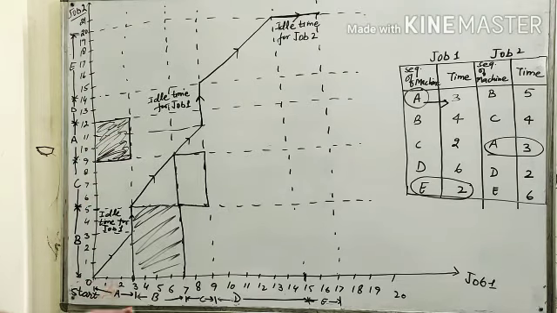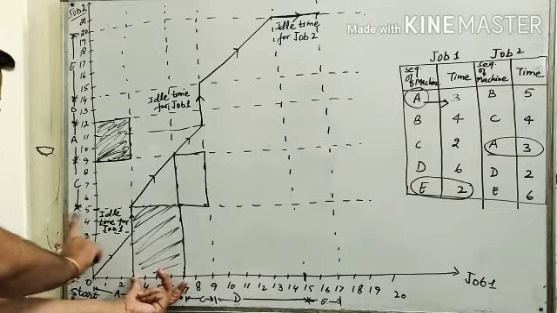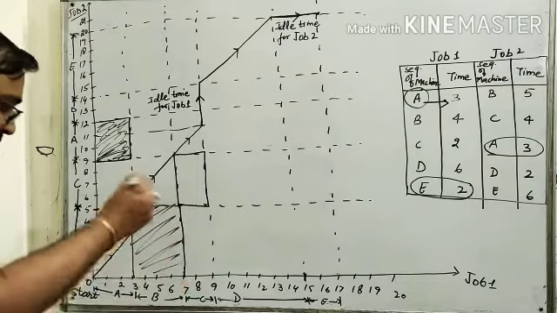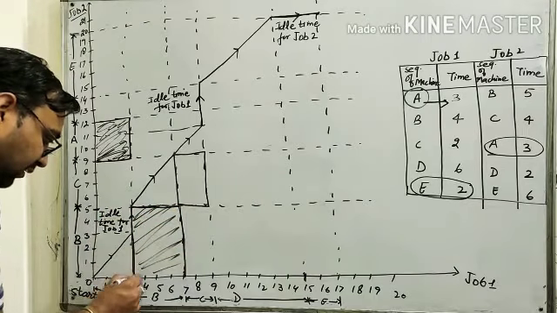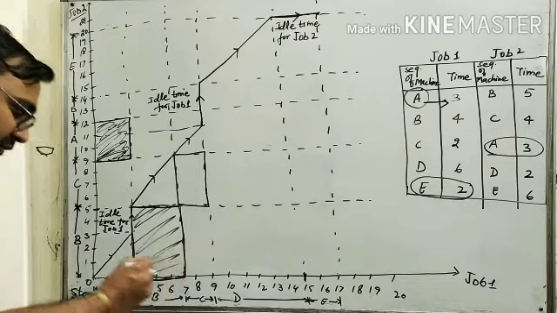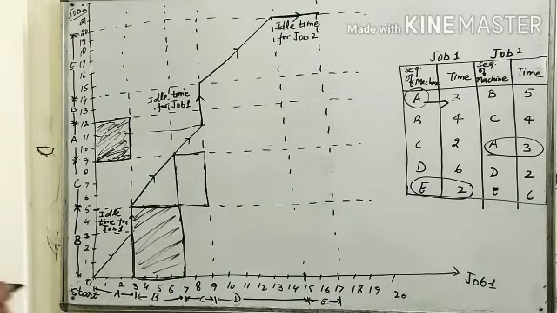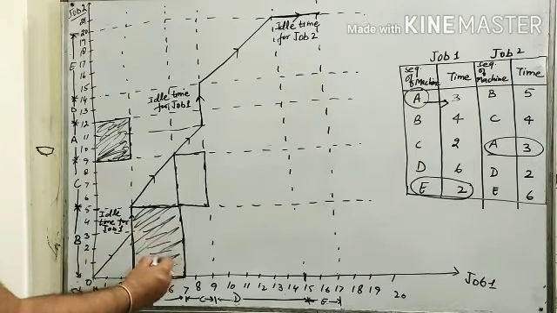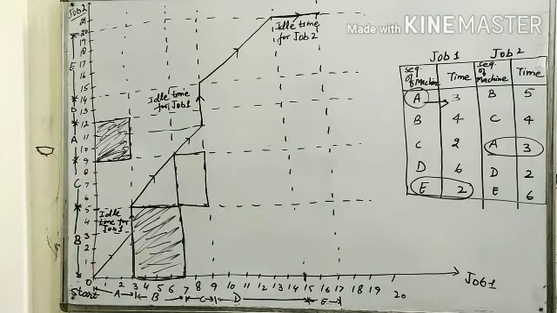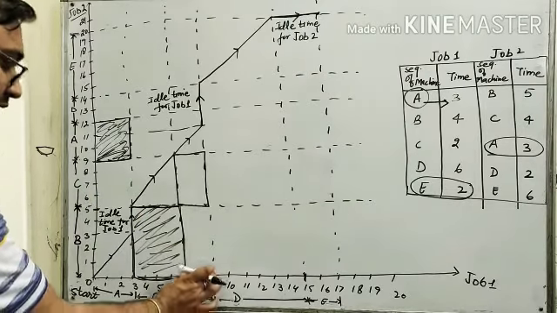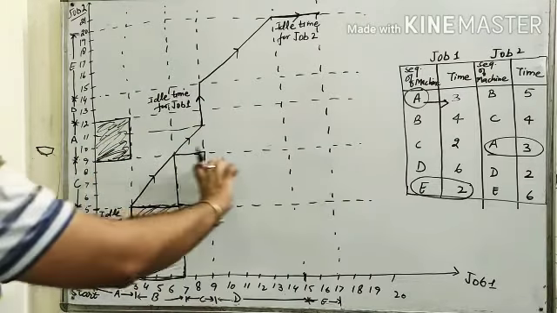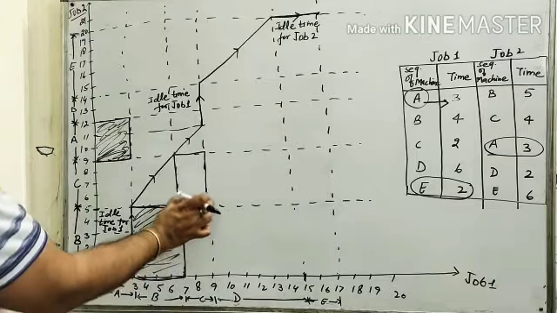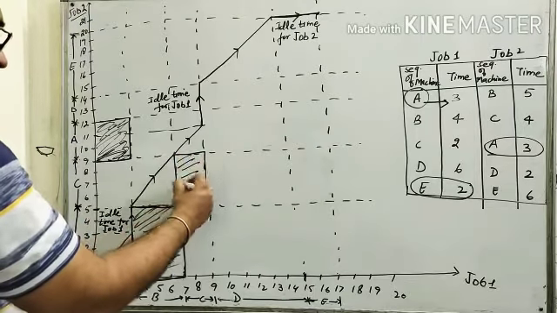Again, for machine B, this is for machine B and here this is for machine B. So this particular is the intersection point for machine B. So we make it a rectangular box and put a shaded region in it. Again, for the C machine, this is 2 hours, so this entire area is for C, and here this is the entire area for C. So what is the intersecting area? This is the intersecting area. Again shaded.